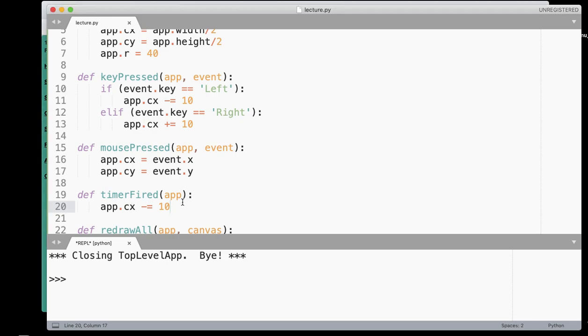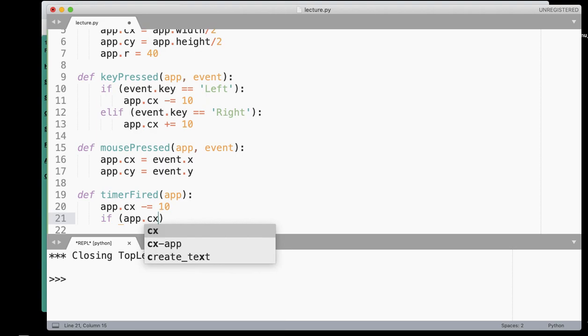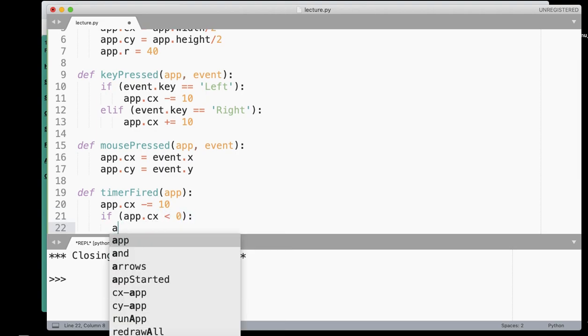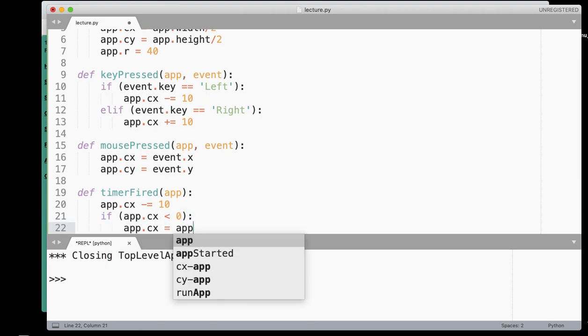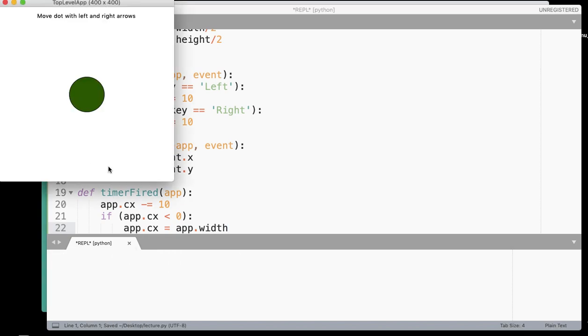Now, of course, it's going off the left edge, so maybe we want to do something like wraparound. So I'll do a simple wraparound here. If app.cx is less than 0, then we'll wrap around to the right edge. cx equals app.width. And now when I run it, it goes off the left edge and wraps around to the right edge. Okay, and it'll just keep doing that forever. Interestingly, we left the mouse handler still around and the key handler still around. So if I were to try to resist the tide by going to the right, okay. In any case,